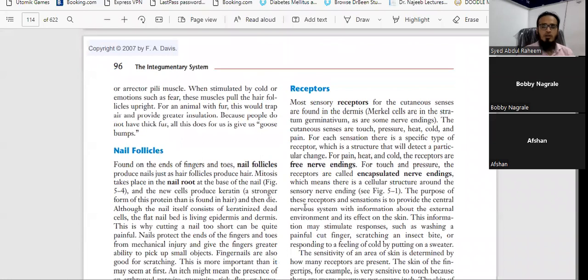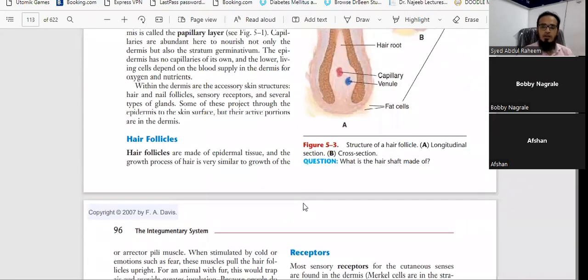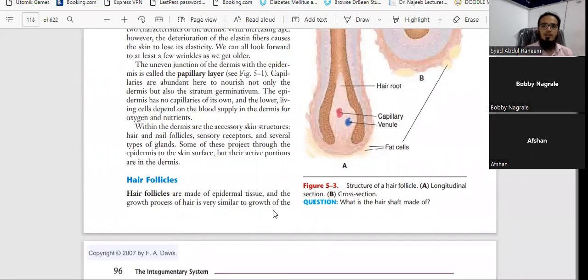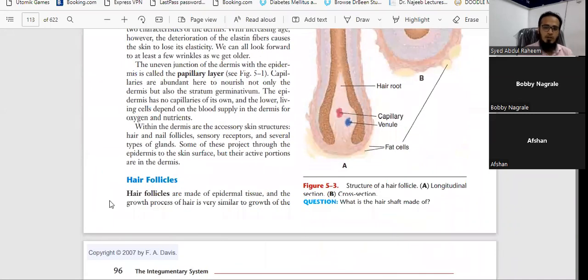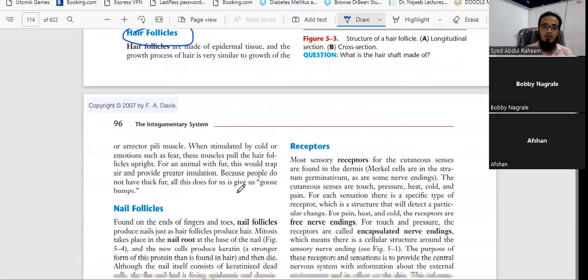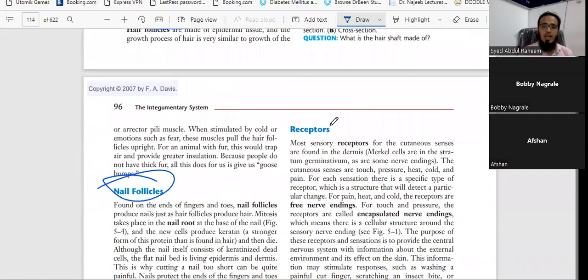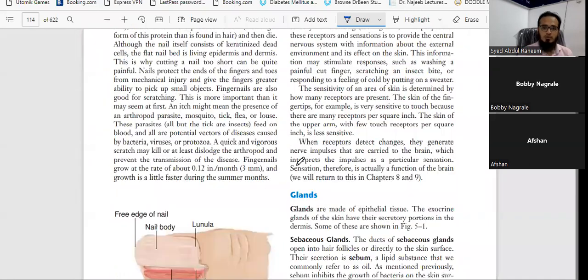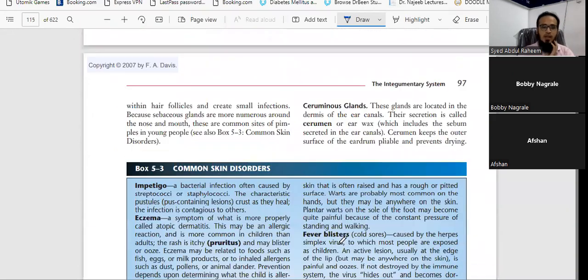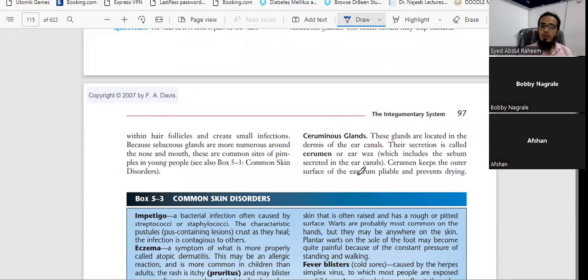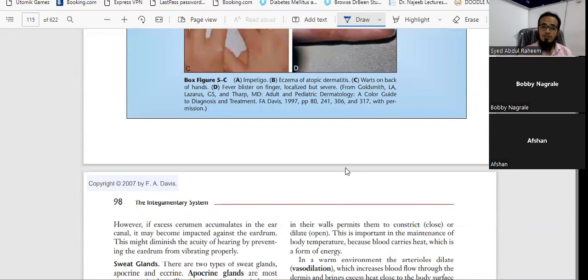So yesterday we talked about the internal things which are present inside the layer called dermis. In the dermis, we have many things that are called hair follicles. Okay, we talked about hair follicles. And next we talked about nail follicles. Okay, and receptors, important receptors that are present in dermis. And we talked about glands. Two types of glands are sebaceous gland and apocrine glands, Pacinian corpuscle. Okay, these are the three types of glands which are present in